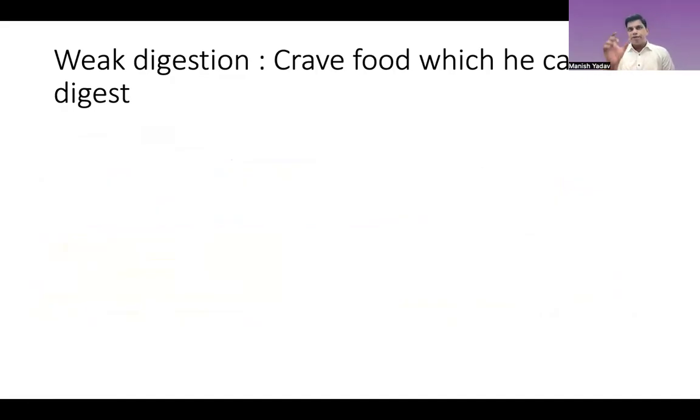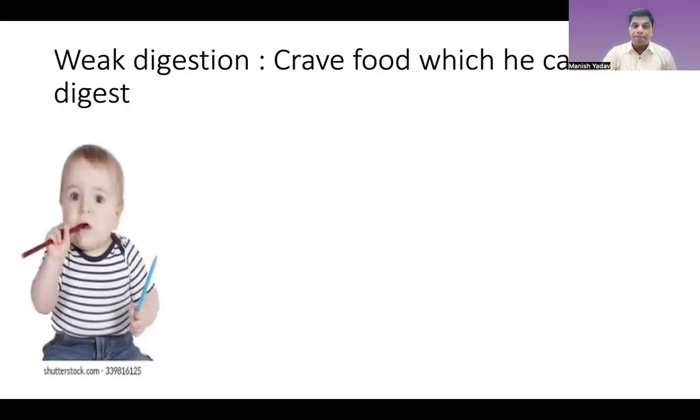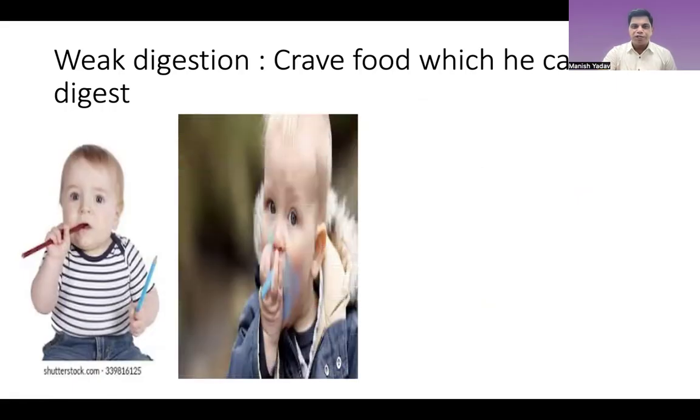So now we are still talking about hereditary psychosis and their symptoms in the coming generation. So we talked about the center point keynote was lack of nutrition. So definitely there has to be some problem with the digestion. They have got weak digestion. Medorrhinums have weak digestion. The problem is that they crave food which they cannot digest. This is very interesting. The digestion is very weak. They will always be having stomach ache, gastric problem, diarrhea, constipation, vomiting, but they will always crave the things which they cannot digest, like pica, pencil, okay, chalk,